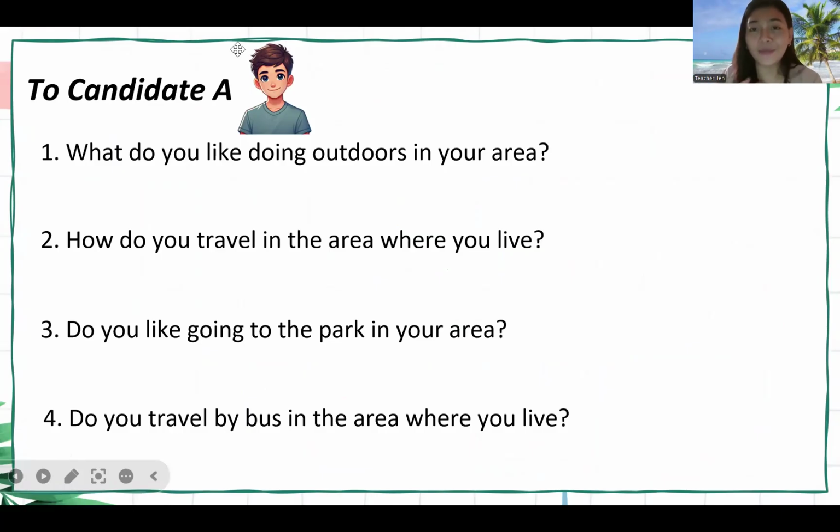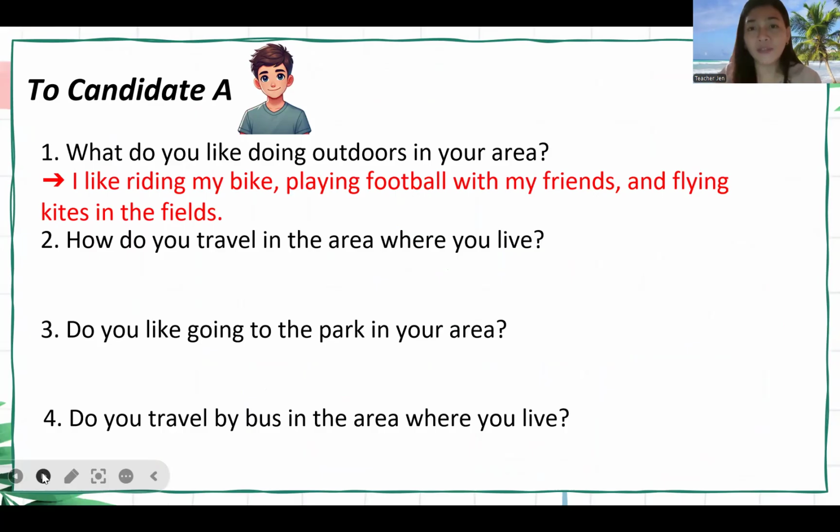Candidate A. Example, I am the examiner. So in a speaking test, there is an examiner in reality, but in this one we are going to train with our students. So we as a teacher stand as the examiner. What do you like doing outdoors? Then you model always. Give an example first. Input.